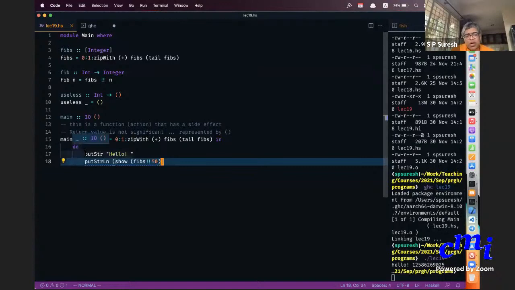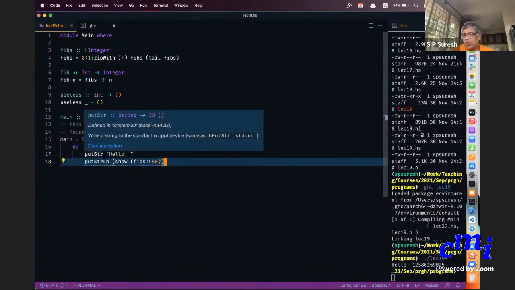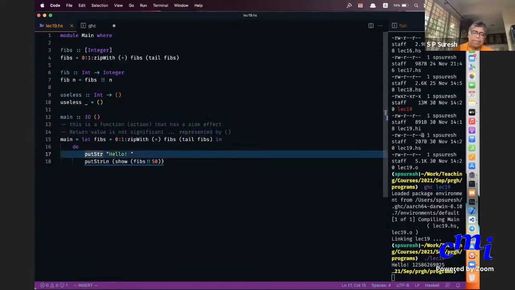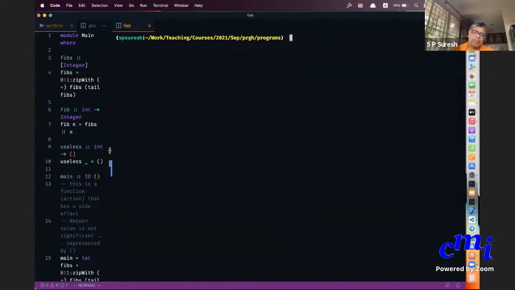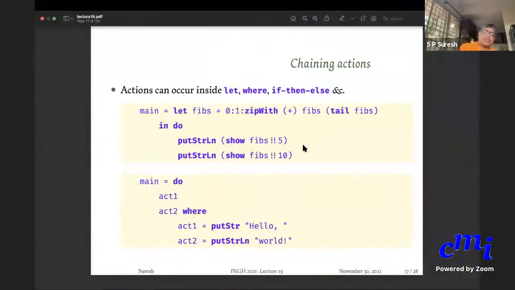Because I said put string, not put string line. If I had said put string line, it would print on two different lines. So now this is how you run this. Good.